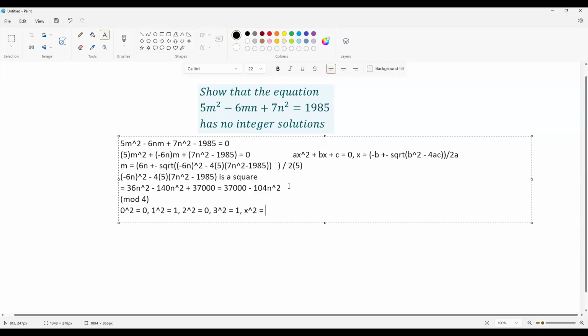So x squared is congruent to 0 or 1 mod 4. But 37000 minus 104n squared, or actually,